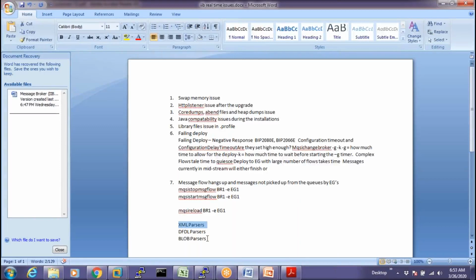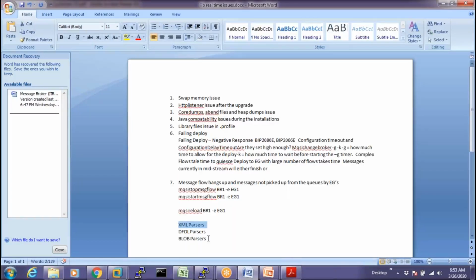Oh, that's the reason. I mean, if the document coming in is DFDL and the parser put in there is the XML parser, it cannot parse DFDL, so it keeps reproducing the same thing again and again and fills the memory. That's right.